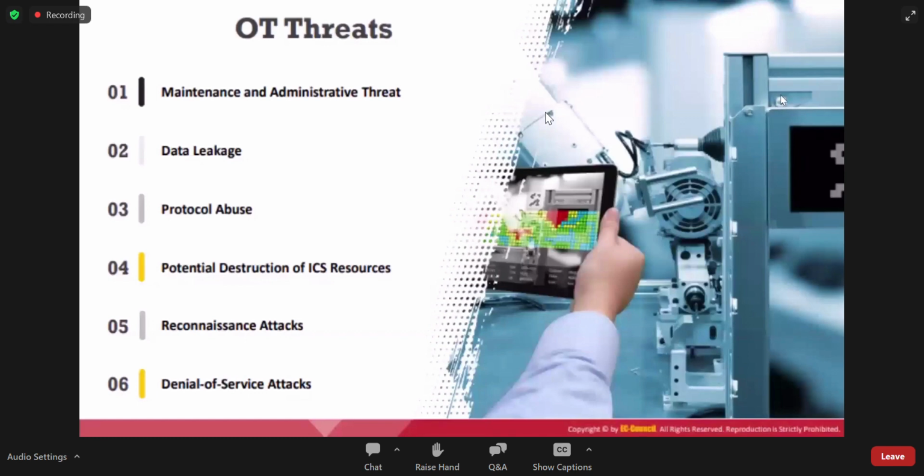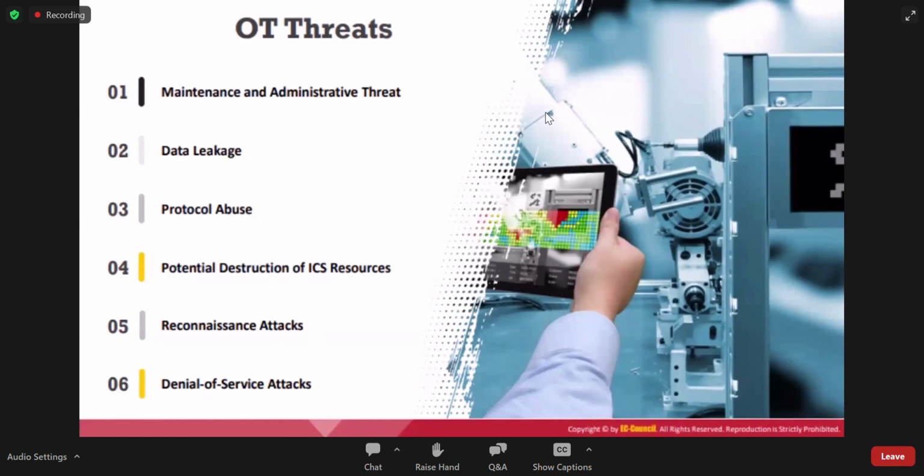OT threats: maintenance and administrative threats, data leakage, protocol abuse, potential destruction of ICS resources, reconnaissance attacks and denial of service attacks. Actually, in OT, we are not expecting these kinds of threats constantly. It is a very rare case.